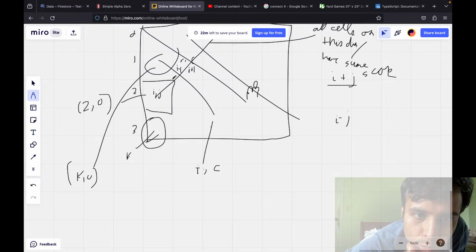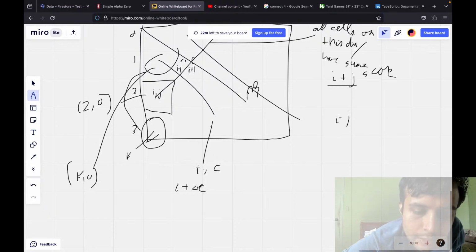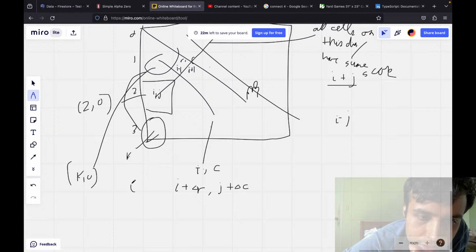So to get here, what's your delta column, from this row to this row? You have I plus some delta column. To get from here to here, you have some delta R for row, and then you also have some delta column. So you have I plus delta R, and then J plus delta column. So if you're given some I, J,